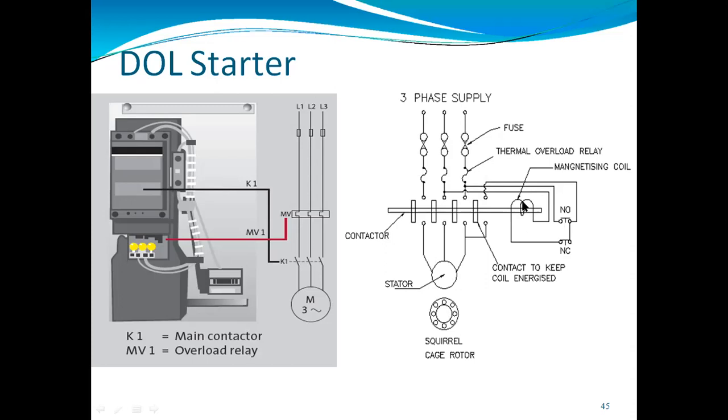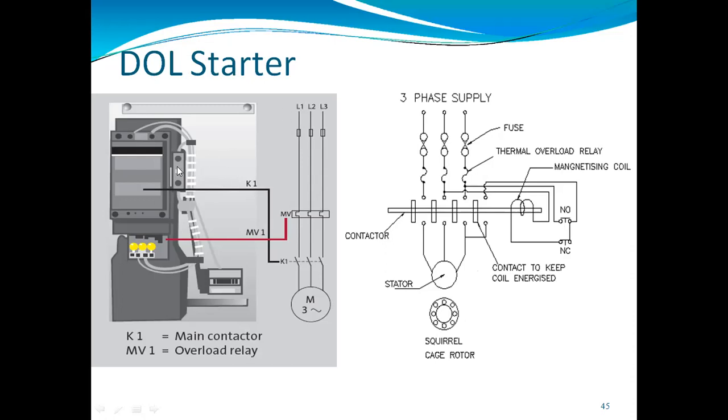So here, when we are giving that three-phase supply to the stator, at that time, we will get the starting current that will be greater, 5 to 7 times the rated current. And here, we will have a starting torque that will be greater. So we can say the starting torque will be 1.5 to 2.5 times the full load torque. So when we are making the induction motor start directly online using the DOL start,